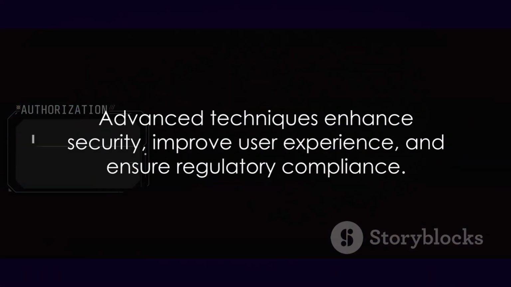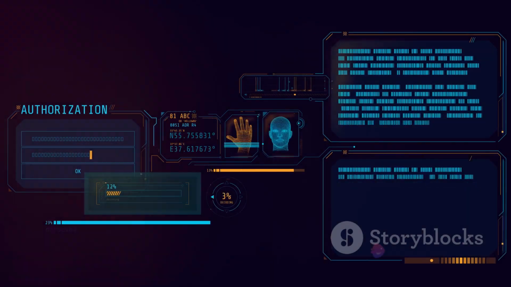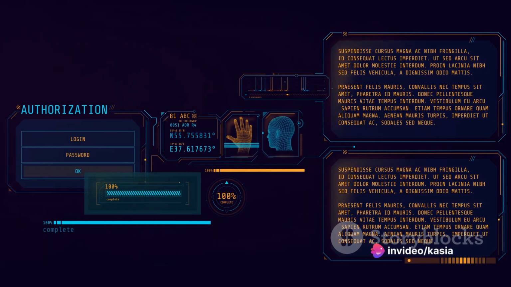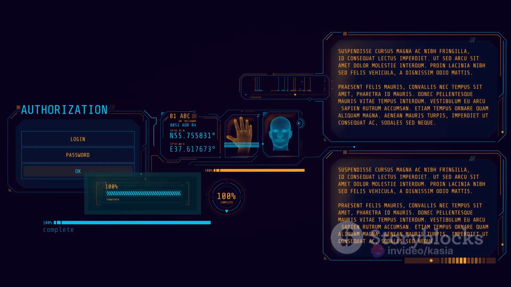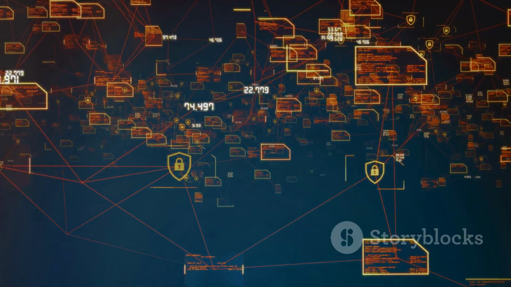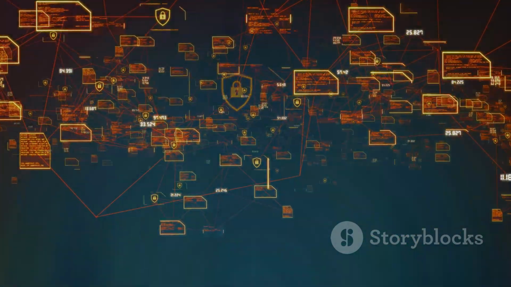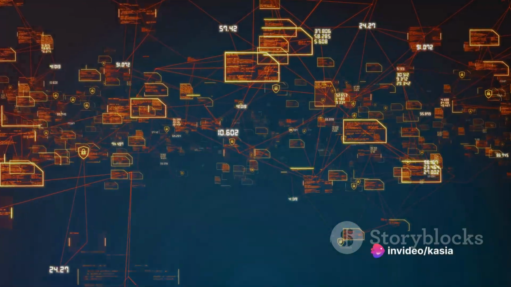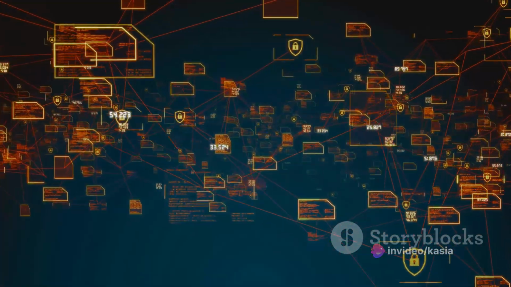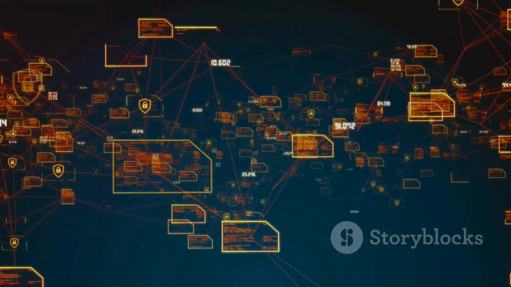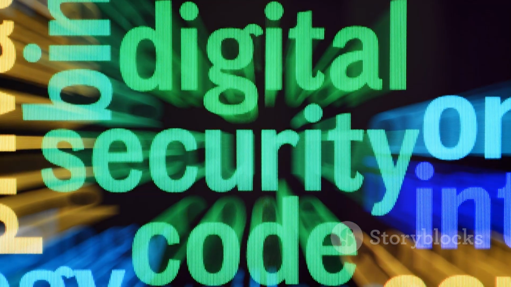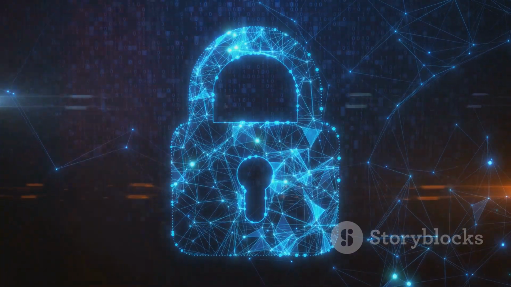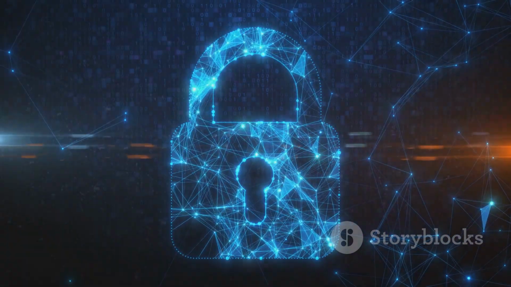These advanced techniques provide multiple benefits. They not only enhance security but also improve user experience by providing seamless access. Moreover, they enable organizations to maintain compliance with various regulatory requirements. In terms of implementation, it's crucial to remember that there's no one-size-fits-all approach. The choice of techniques depends on multiple factors such as the nature of the business, the sensitivity of the data, and the resources available. Remember, in the rapidly evolving digital landscape, the integration of advanced authentication and authorization techniques is not just an option, but a necessity for robust InfoSec.